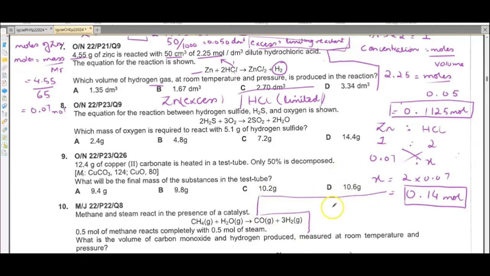Okay, to find the moles of H2 hydrogen, we have HCl and we have hydrogen. We know that there are 2 moles of hydrochloric acid and 1 mole of hydrogen. And the moles of hydrochloric acid that we have available are 0.1125. So with this, we can find the number of moles of hydrogen. We need to cross multiply this, and we will get the answer of X to be 0.56.